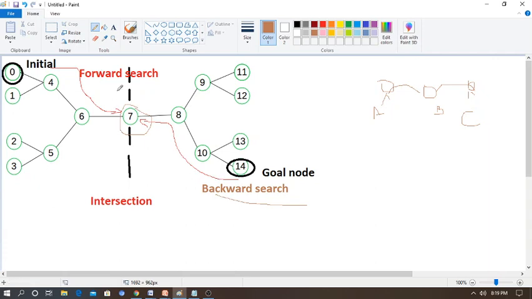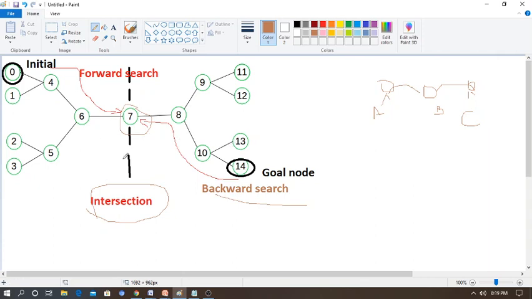This is called forward search, going from initial to the intersect node, and here going from the goal node to 7 is called backward search. This 7 is called the intersection point. Whenever we reach the intersection point, the operation is terminated. The algorithm terminates and we get the solution. Remember, if we follow BFS, it will give a complete solution.